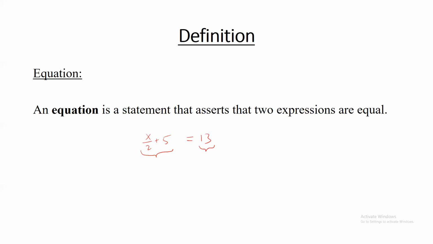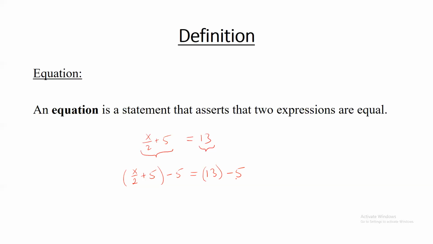For example, if I was to subtract 5 from the left side of the equation, right, this is my left side. If I was to subtract 5 from it, and I was to subtract 5 from the right side, right, this is the right side, and I'm going to subtract 5 from that,